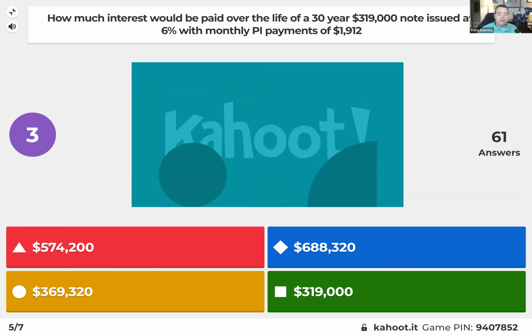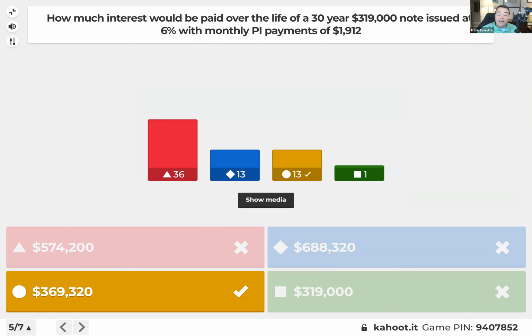All right, let's see how we did on this one. This will be an interesting one, I think. Methinks. I am absolutely not shocked to see that result at all, because this is a classic example of making it harder than it is. Myra said, does them mentioning the PI payment even matter for this question? Yes. Here's the real question. Does them mentioning the interest rate even matter for this question? No,